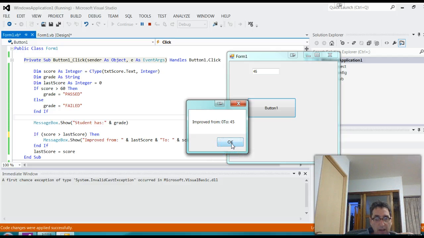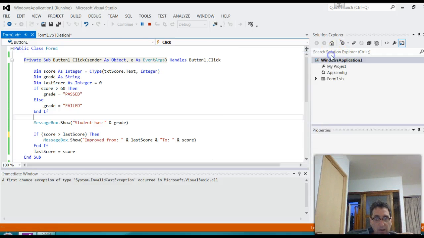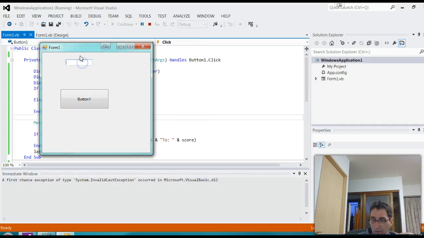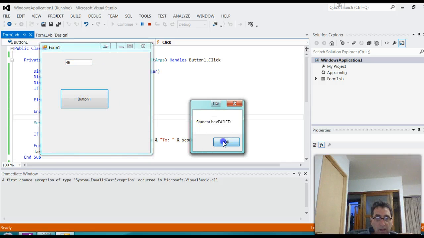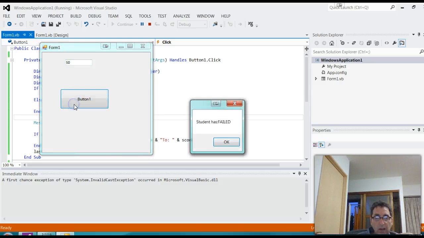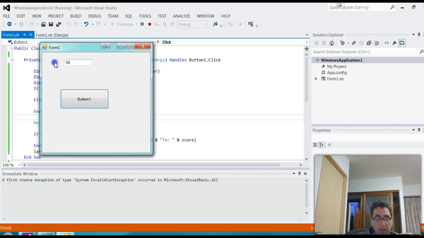Well, I didn't mean that. I want to stop it and recompile it. Okay, I put in 45. Student failed. 0 to 45. Okay, that looks good. Okay, now let's make it 50. It's failed. Good. 0 to 50. No, that's wrong. And just okay, so it doesn't work. And this one more. Just suppose I put in